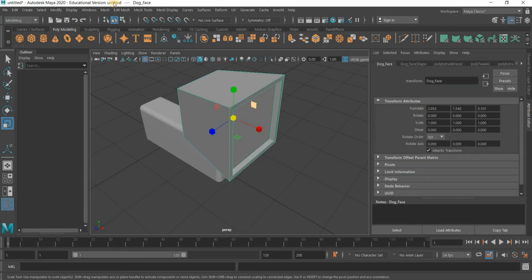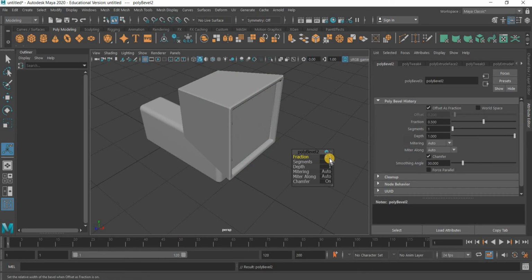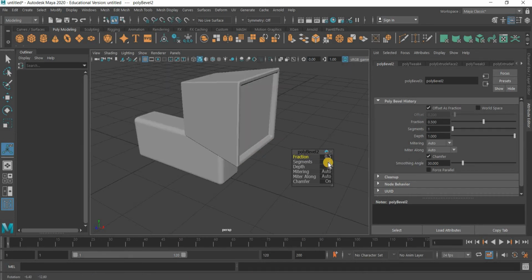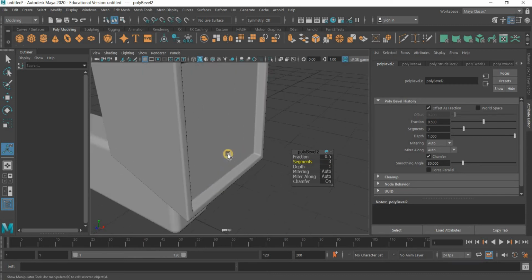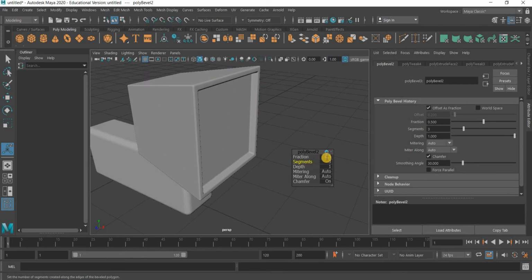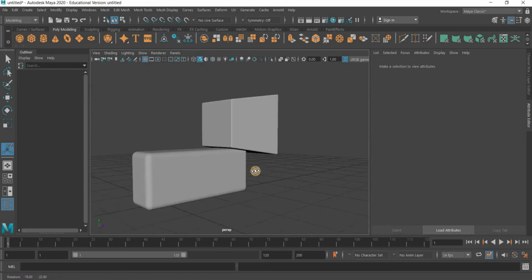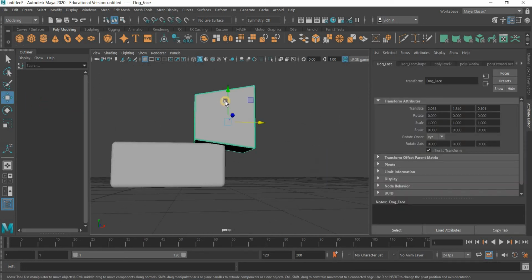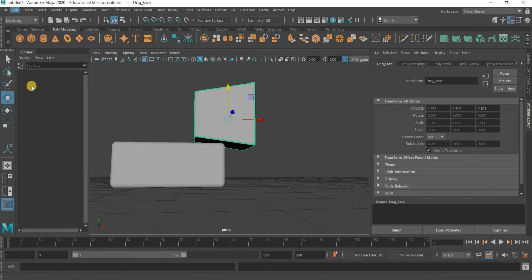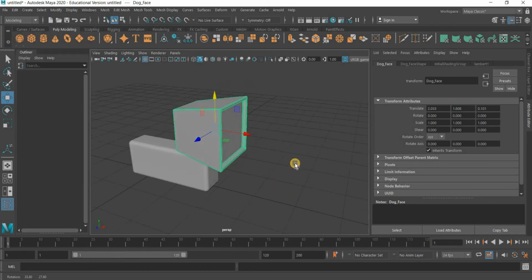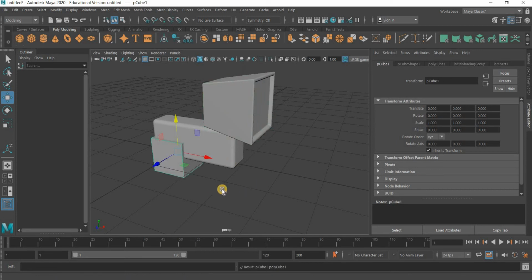We'll go to object mode, edit mesh, bevel, and 3 here, and then the bevel needs to be bigger, 0.8, 0.7. Okay, that looks good. Okay, edit, delete by type history for this, edit, delete by type history for this, create another cube, we'll create